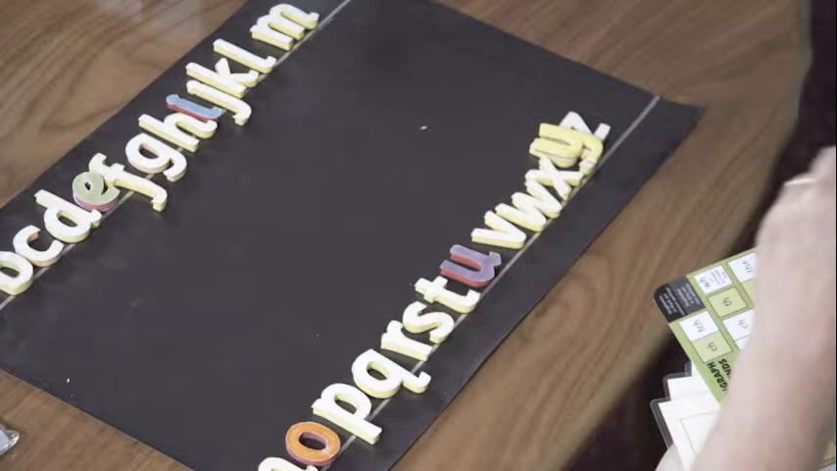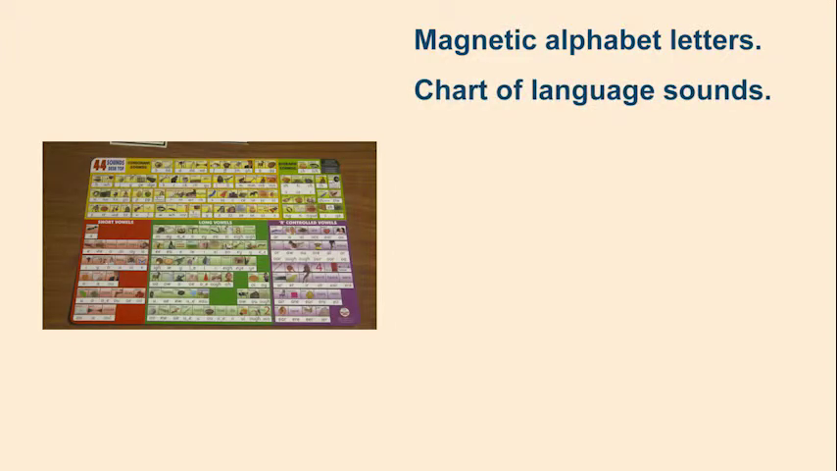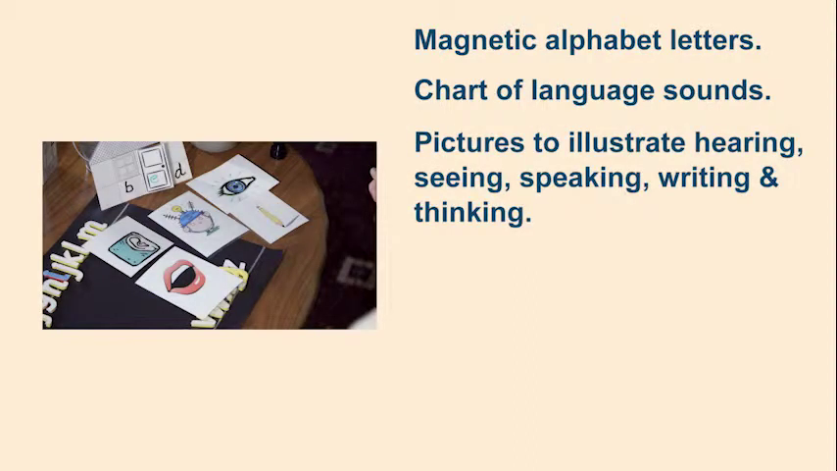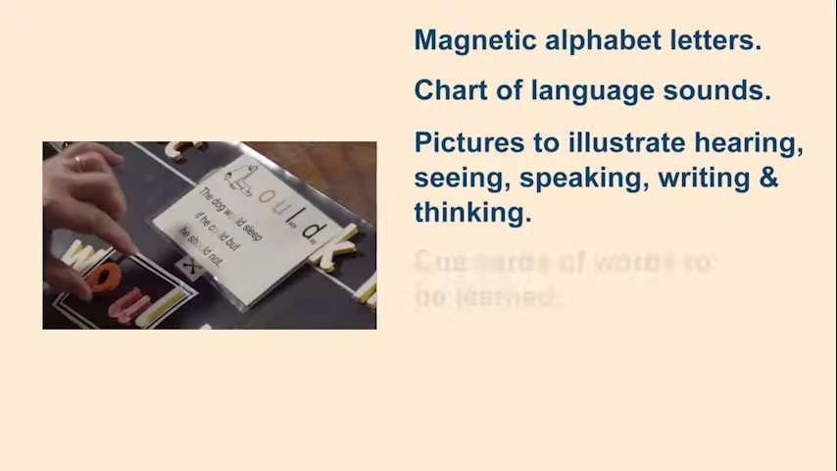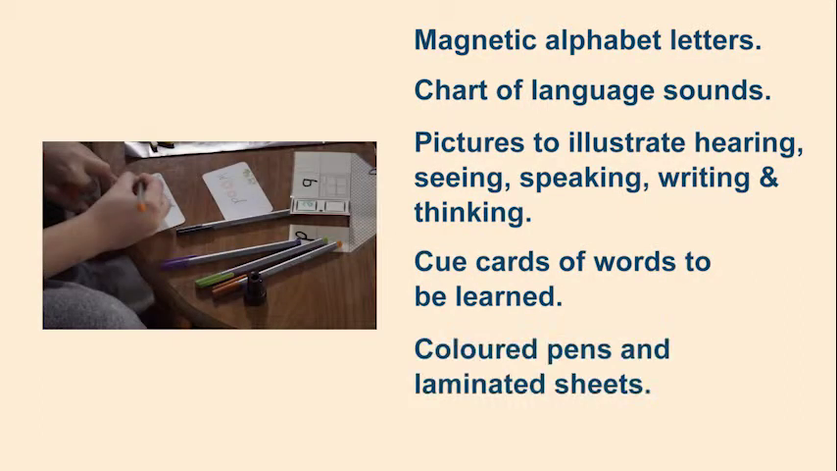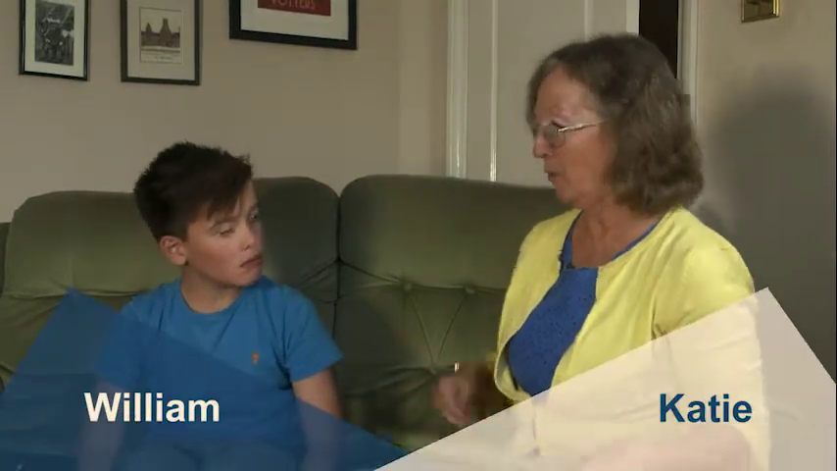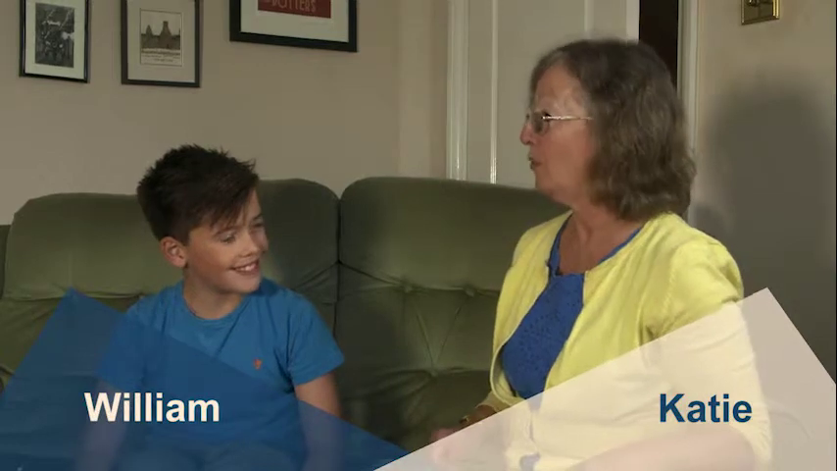For this session, useful resources might include magnetic alphabet letters, a chart of the 44 English language sounds, pictures to illustrate hearing, seeing, speaking, writing and thinking, cue cards showing the words to be learned, coloured pens and laminated sheets, and a spelling mat. You asked for help in spelling one of our tricky, what we call irregular words, wood,